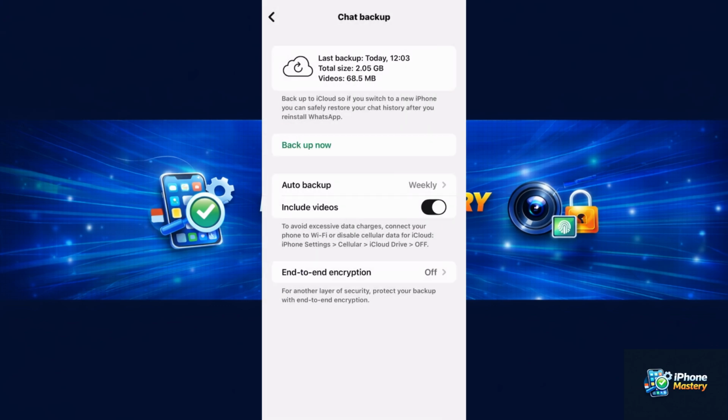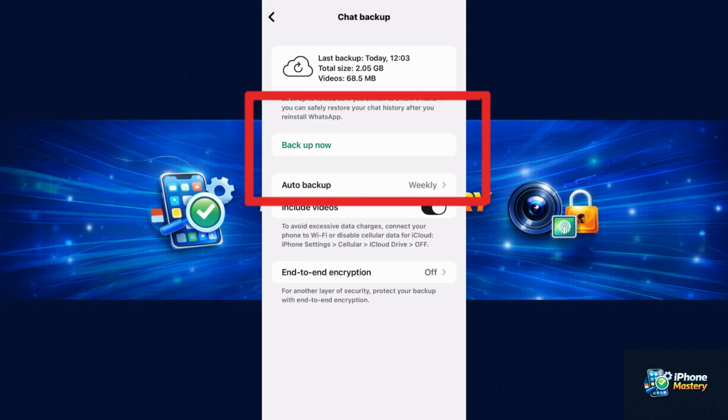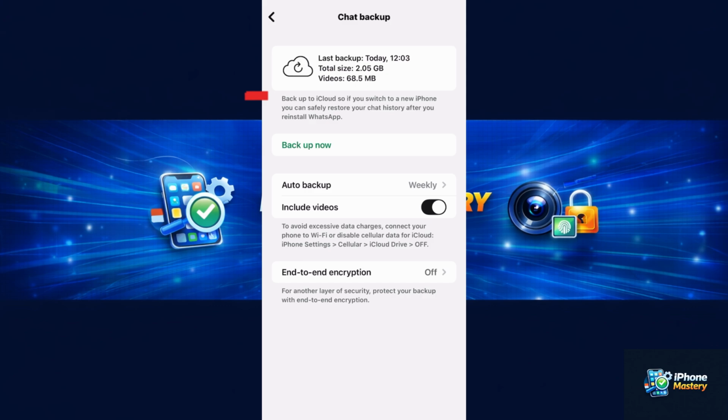Then you want to go back, and if you look very well, you're going to see where they wrote backup now. I want you to tap on that backup now, and all your messages will be backed up to your iCloud successfully. So guys, this is how you can actually back up your WhatsApp